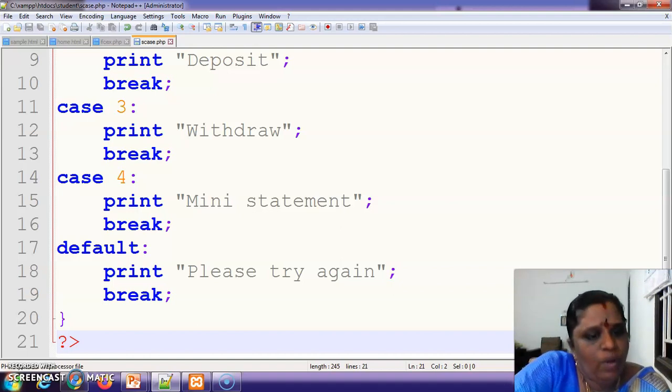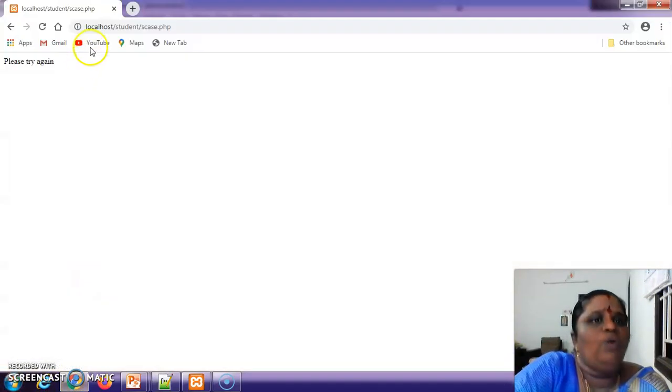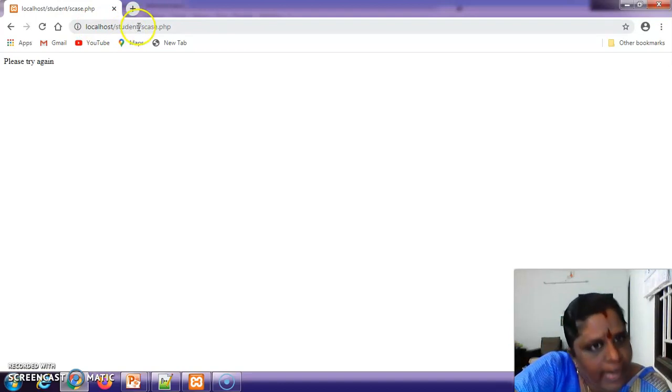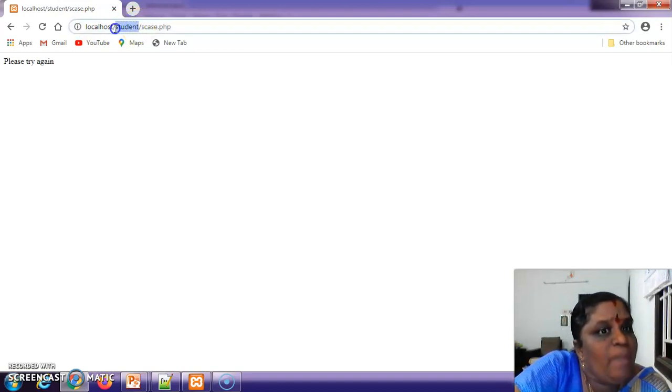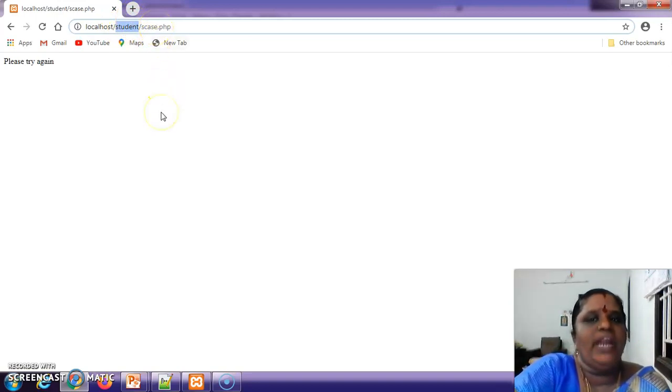For running the program, open the browser and type http://localhost. If it is in htdocs, you don't need the student. If you have a folder, the student is the folder name in htdocs. Okay, htdocs is referred to by localhost. If you have any folder, that folder name comes next, and then your file name. So this is how you will be running your PHP program.